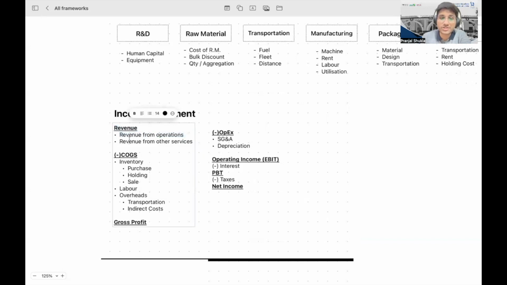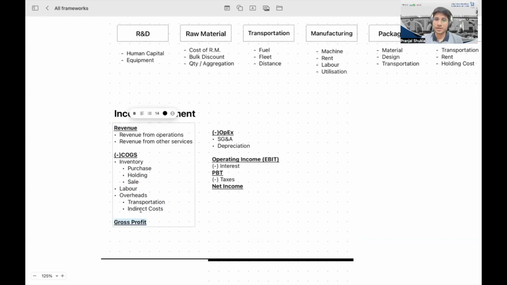about the revenue from operations and revenue from other services. Then we reduce the COGS. COGS is the cost of goods sold, which takes into account the inventory, the purchase cost, the holding cost of inventory, the selling of inventory, the labor, the overheads, the transportation costs, and the indirect costs. So under COGS, we have these broad differentiation, these broad verticals, and when we reduce COGS from revenue, we get